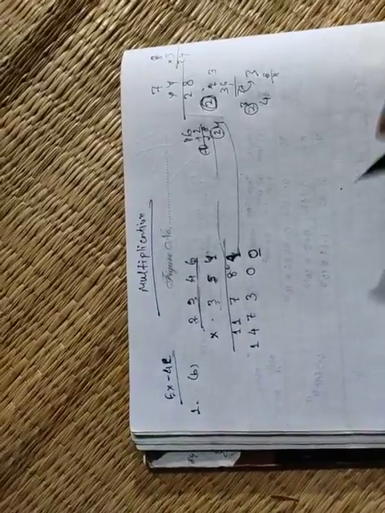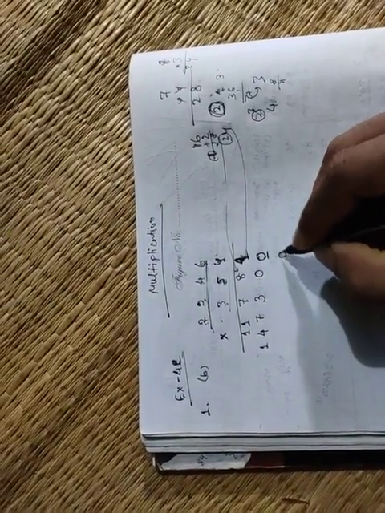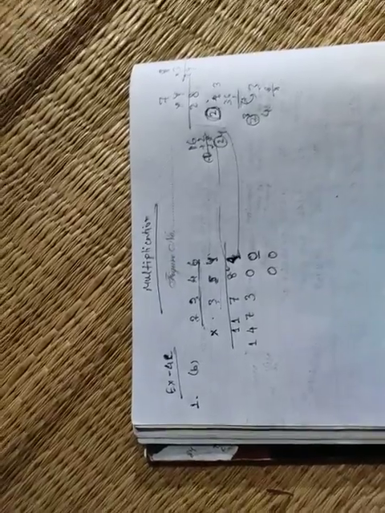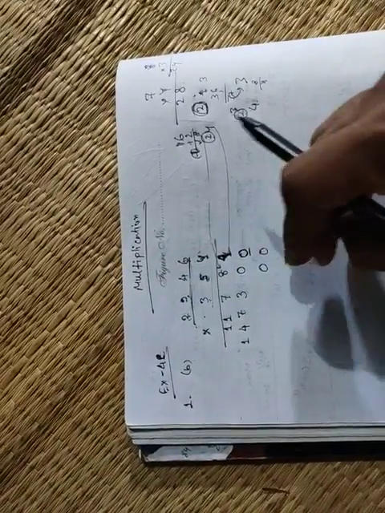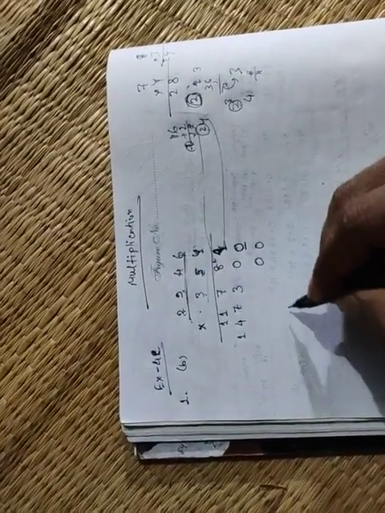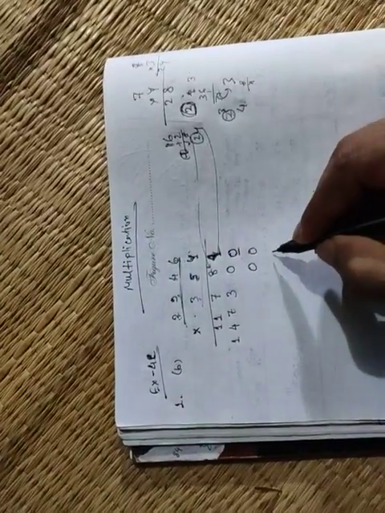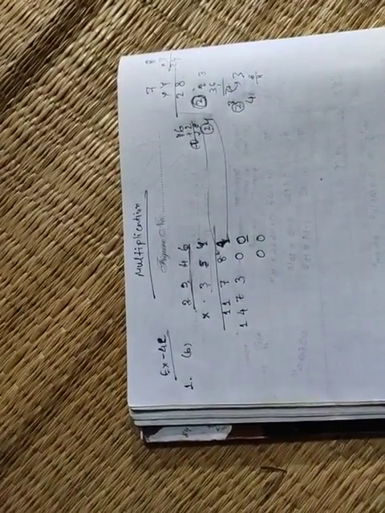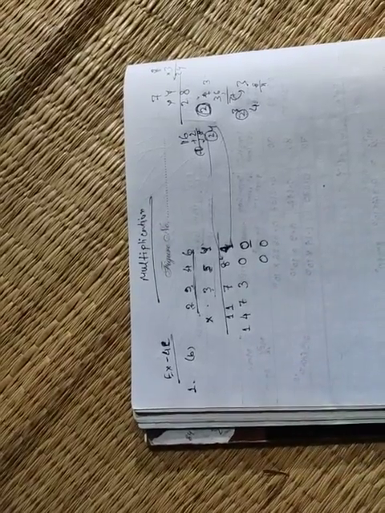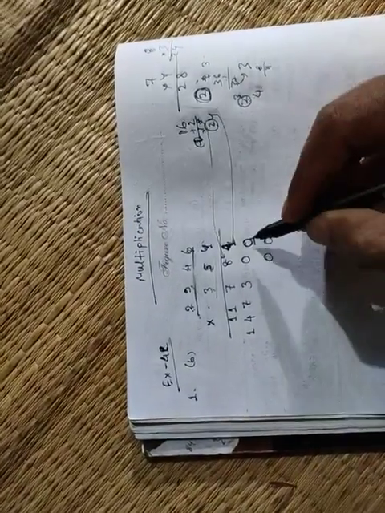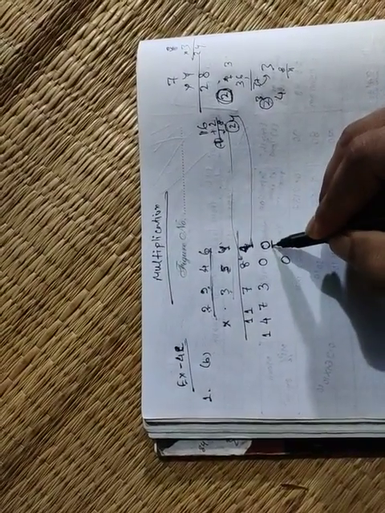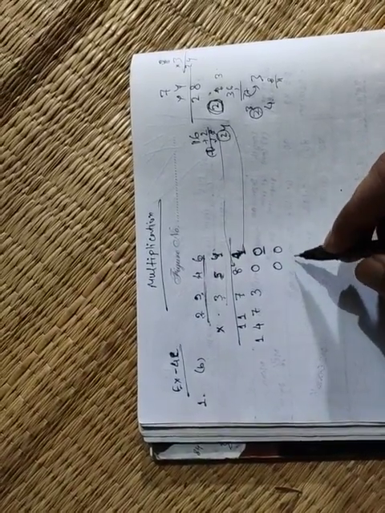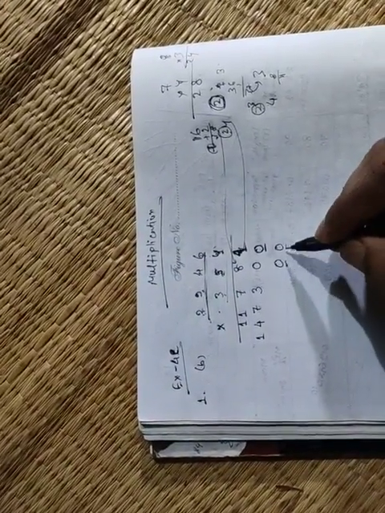In the next step we have to put 2 zeros at one's place and ten's place. Similarly if there is another step we have to place 3 zeros. Similarly for the next step we have to place 4 zeros from right to left, remember from right to left, not from the left side. So for the first step there was 0 at one's place, in the next step I have to place 0 at one's place and ten's place.